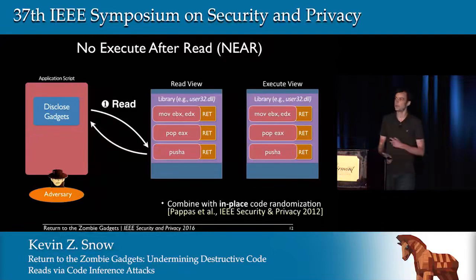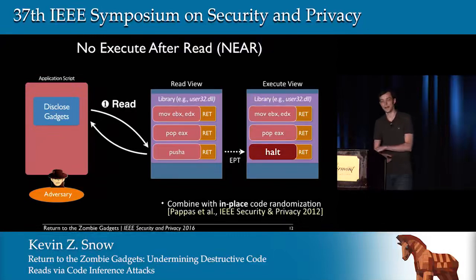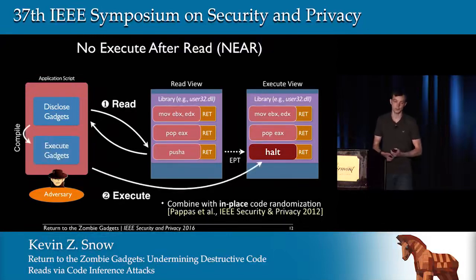But every time there's a read in the read view, we modify the execute view to replace whatever bytes were read with a 1-byte halt instruction. So when the attacker comes back and tries to execute bytes that they had previously disclosed, the halt instruction is going to be executed, the program's going to crash, and that prevents their malicious